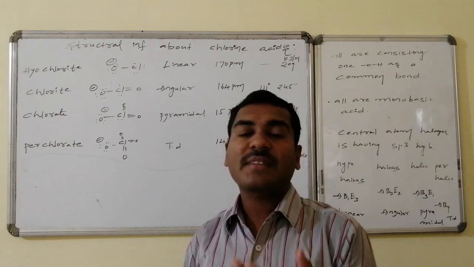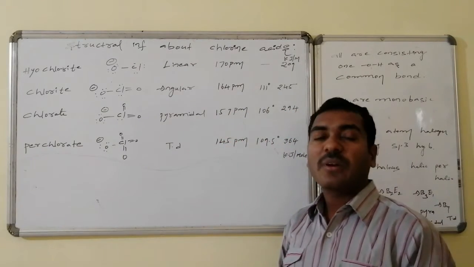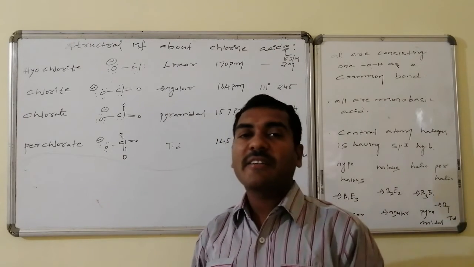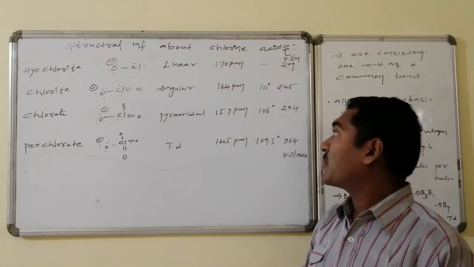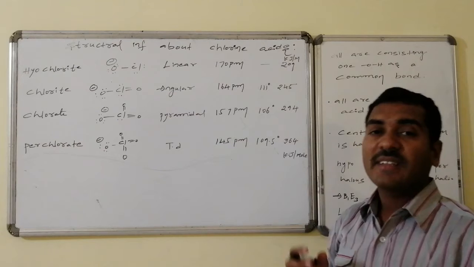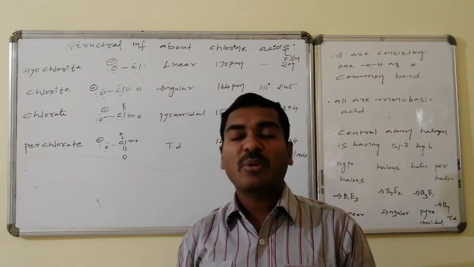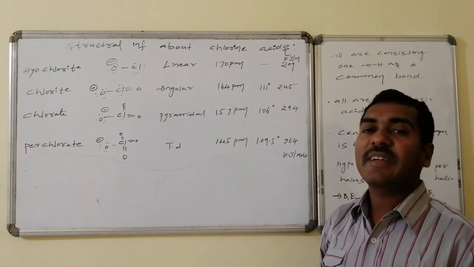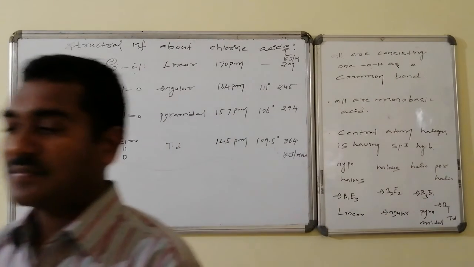Whereas if you go for the shape of the corresponding hypochlorite, chlorite, chlorate as well as perchlorate, all are tetrahedral derivatives. This is complete tetrahedral, tetrahedral followed by one lone pair, tetrahedral followed by two lone pairs, tetrahedral followed by three lone pairs, like relative structures are there. Let us have a discussion about the shapes of the ions like hypochlorite ion, chlorate ion followed by the perchlorate ions.